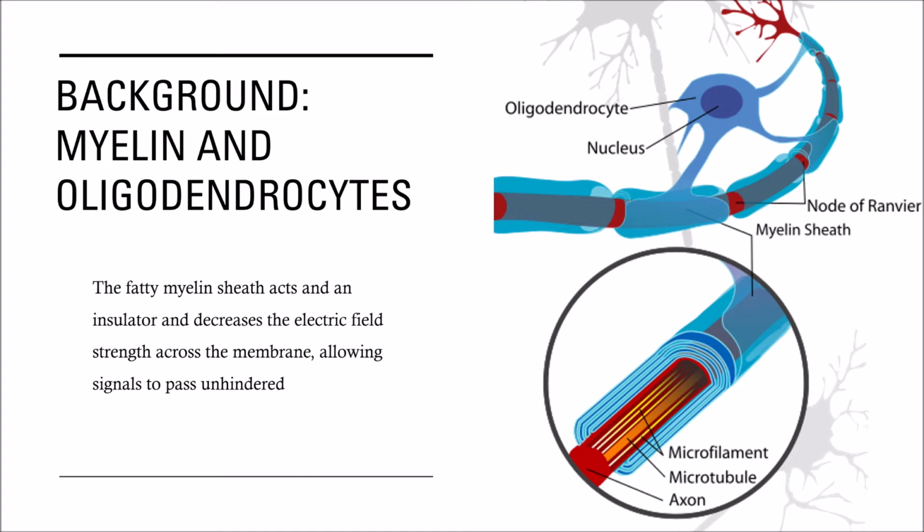As a bit of background, neurons have these long arms that transmit electrical signals from place to place. Now, it's important that these signals are sent both efficiently and quickly. So in the central nervous system, there are cells called oligodendrocytes that enwrap these neurons in a fatty, insulating material called myelin. Myelin works a lot like rubber on a copper wire.